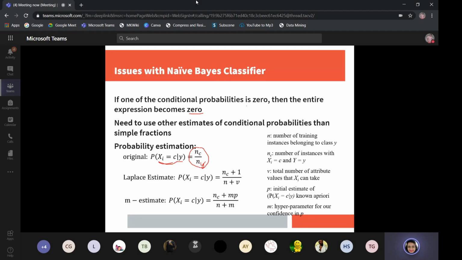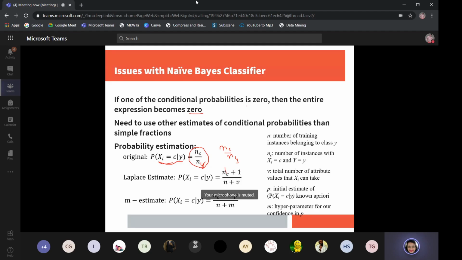I would prefer writing it like this, nc by ny. Which means that given the number of training instances of class y, how many of them had value c in your attribute. Now instead of leaving it at 0, you will say that I am simply adding 1,